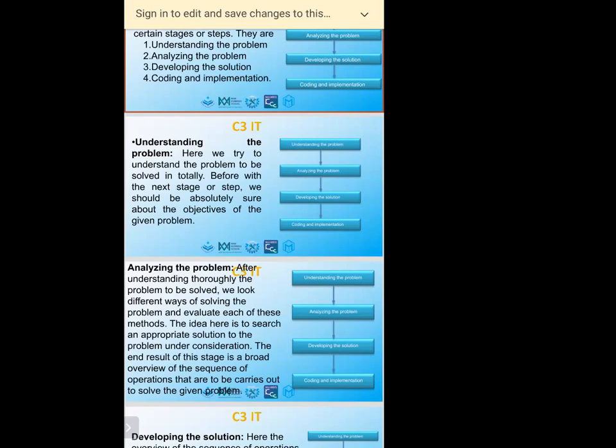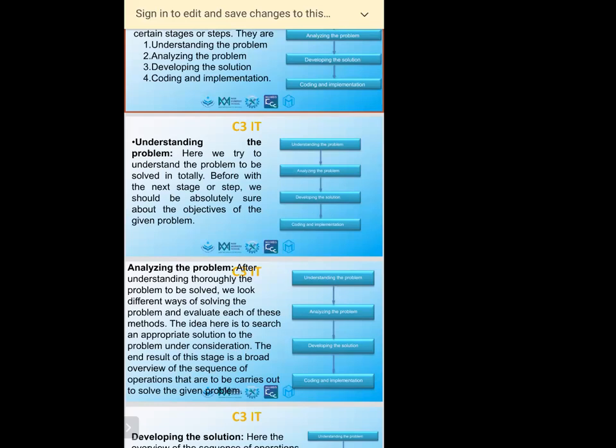So first thing is you have to understand the problem. For example, in the system, I want to take the stock report. They will ask me, sir, we need to take the stock report. Then I have to understand that they are entering the daily sales and the daily purchases, so they want to take the stock report. Likewise, you have to understand the problem. Then the next one is which one?